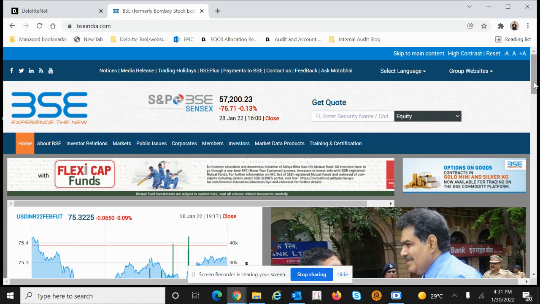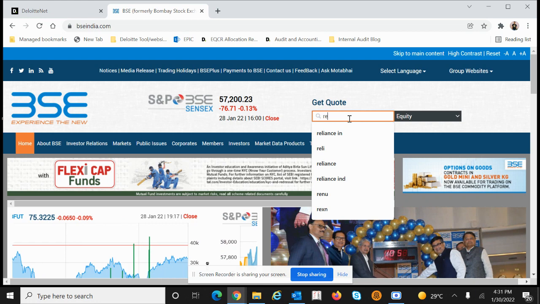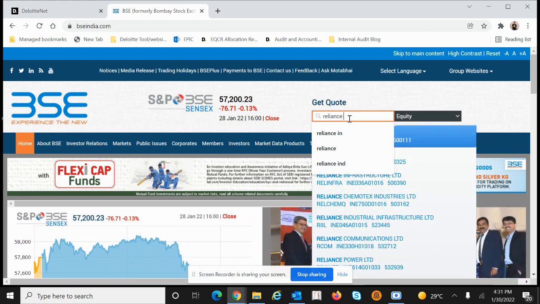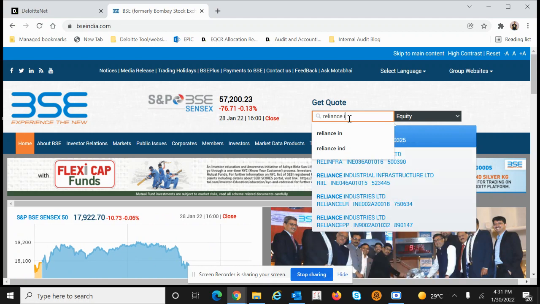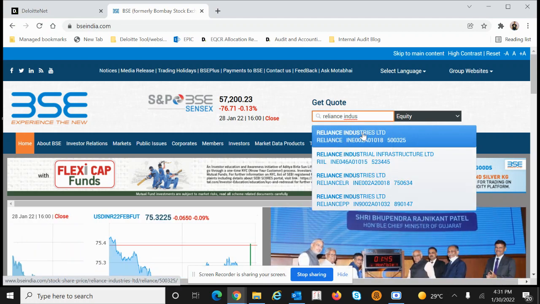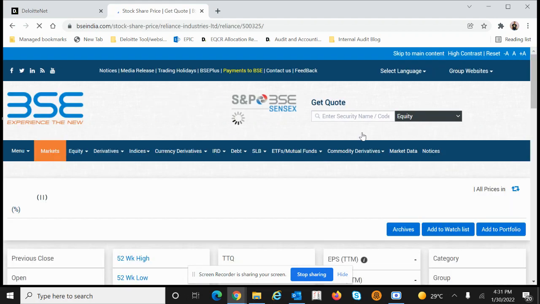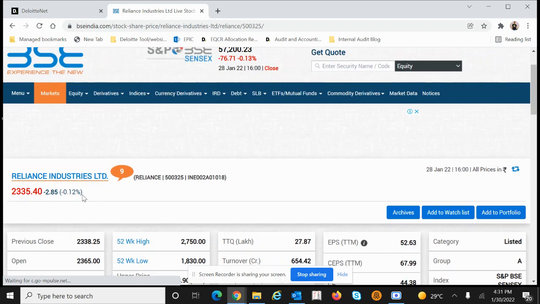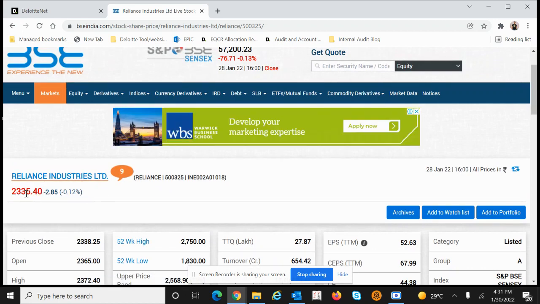So let's start. Let's take an example of Reliance Industries. You want to get some data on Reliance Industries. So here in the search option, I will just type Reliance Industries. Here you can see Reliance Industries Limited. I just click on it. Here you can get the price of Reliance Industries. What is its current price? The current price is, as you can see,